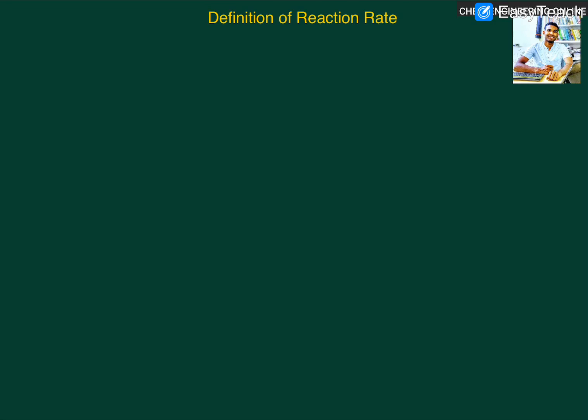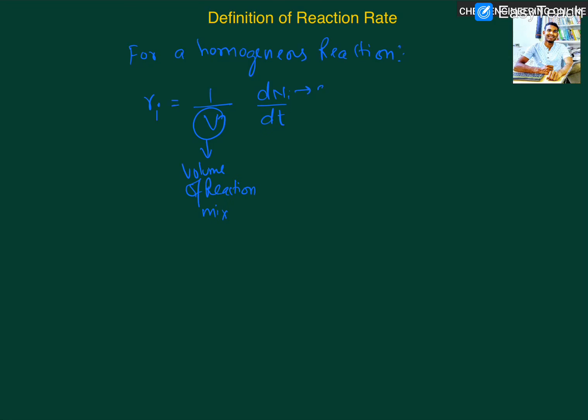So in general, if we say for a homogeneous reaction, rate is defined as (1/V) dNi/dt. Here V is the volume of reaction mixture, dNi is the change in number of moles of reactant, and dt is the change in time. Okay,